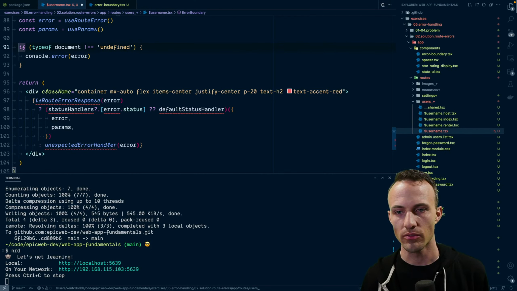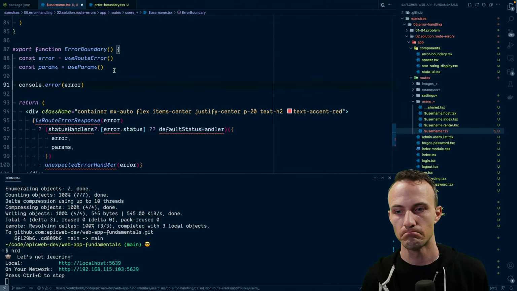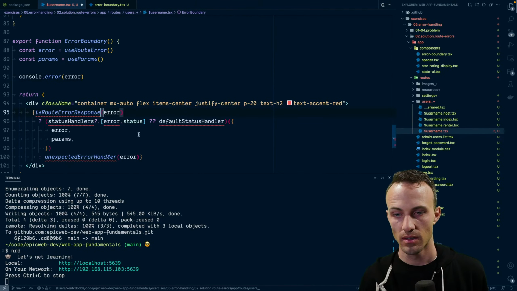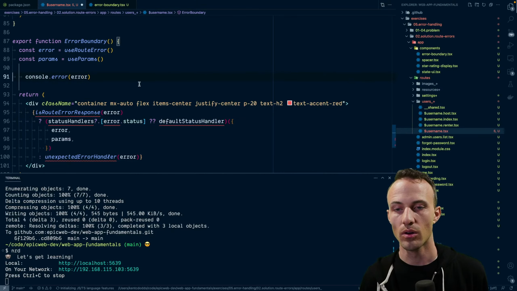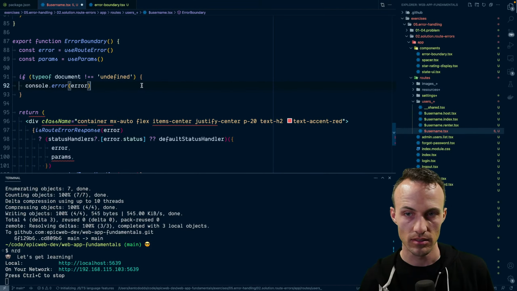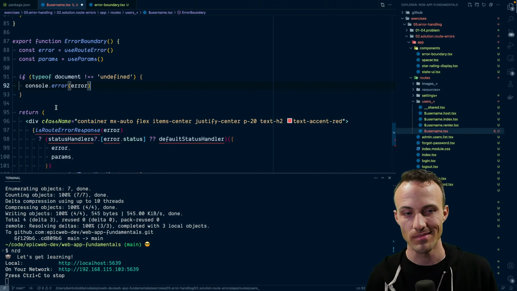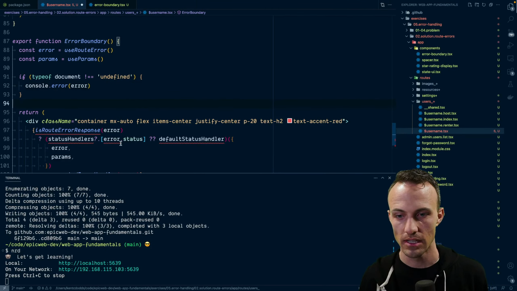Why did I do type of document is not equal undefined? I think I want to console error this error all the time. Oh, yeah. It's because that error itself could have some sensitive information in it, possibly. Yeah, that's worth talking about, so we'll leave it in there.